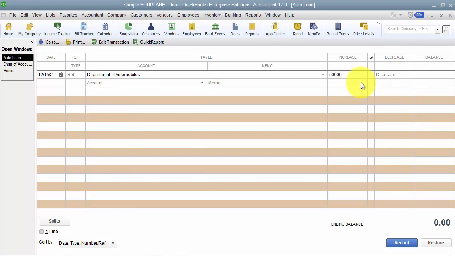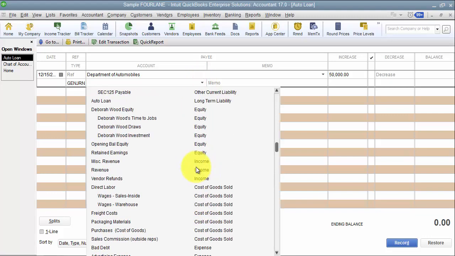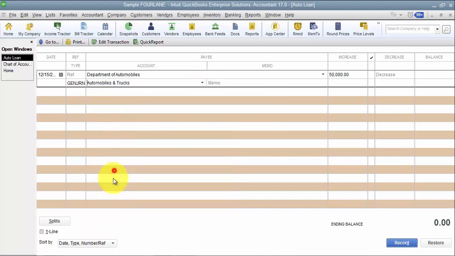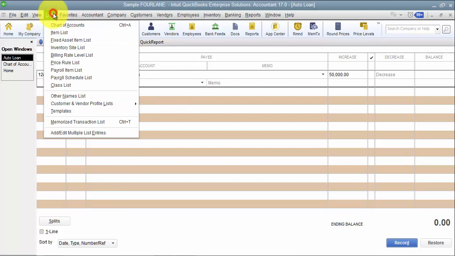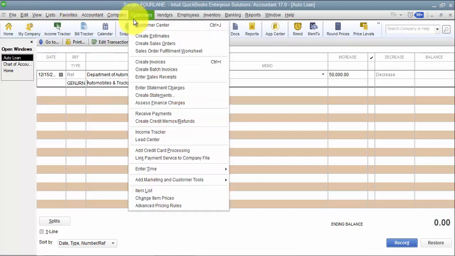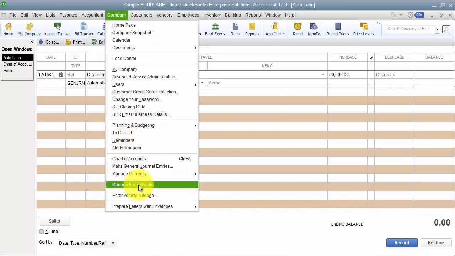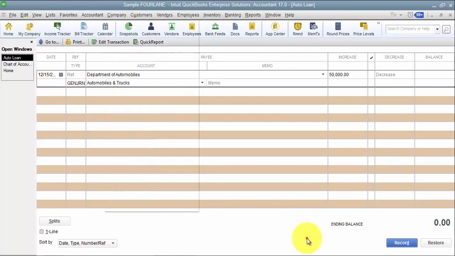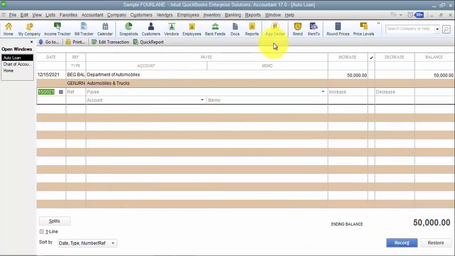The loan balance is going to go up. I owe $50,000. The offset is generally going to go to a fixed asset account for your automobile that you actually purchased. Now, of course, this is not the best way to do it as a journal entry. You should be going in and using your fixed asset item list to set it up so that you can use the fixed asset manager through QuickBooks Enterprise. That is Enterprise and accounting editions only. But I'm just going to put it as a journal entry just so we can get it in there for now. Okay, so I bought a $50,000 auto truck. I owe $50,000